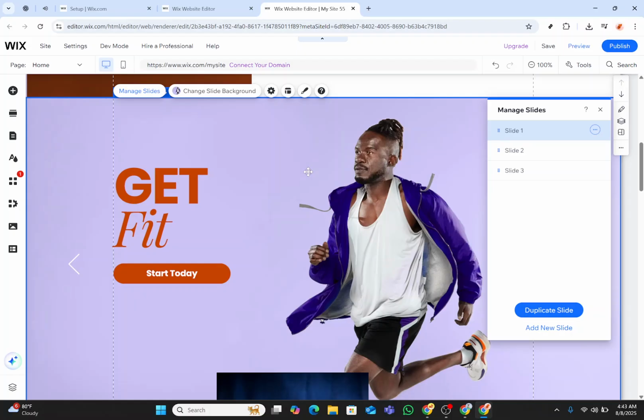Congratulations! You've just added a lightbox to your Wix website. It's a handy tool for drawing attention to announcements, promotions, or captivating content. Keep experimenting with different designs and messages to see what works